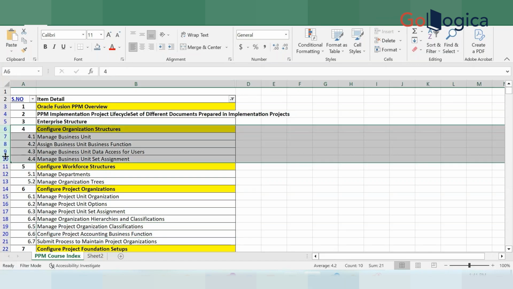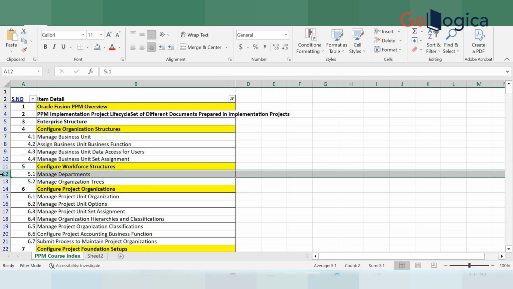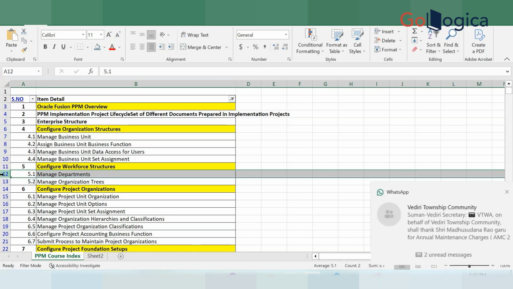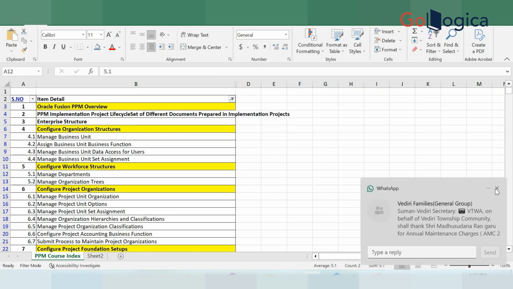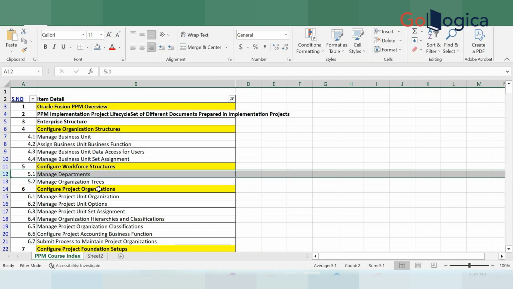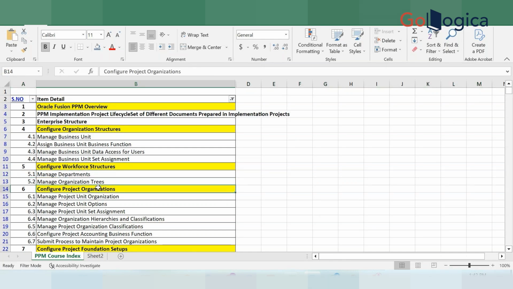Once you create a custom role, then the departments: a lot of departments get created from finance, or some of them, based on your implementation or the requirement from the client at the time of PPM discussion, you may come up with some departments you want to create, and this is mainly used for accounting or some other purpose. The main configuration from PPM starts from here, project organizations configuration, which will talk about project unit,